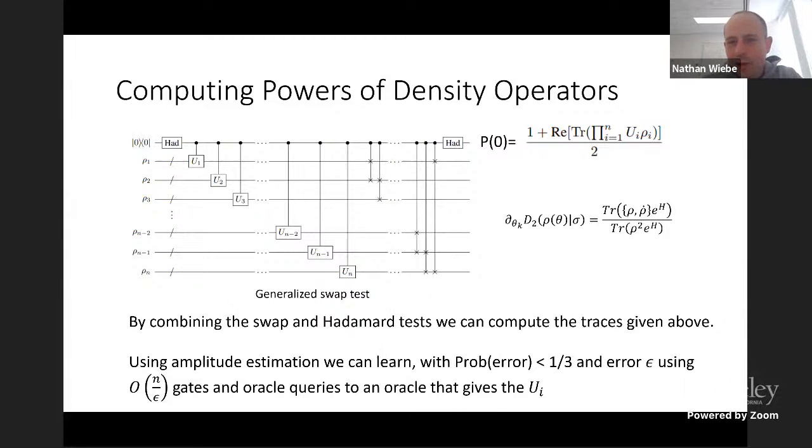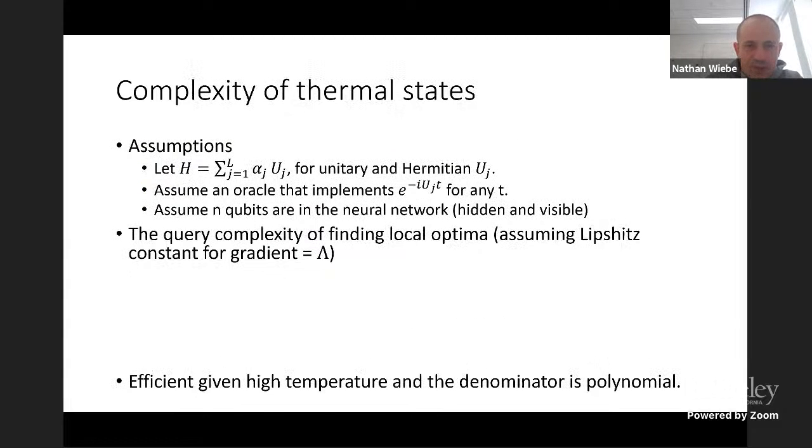It'll compute an arbitrary polynomial of expectation values and density operators that we feel like. And all of the terms that we ended up getting in a previous expression are exactly of that form. So we can just run this circuit to estimate each of the quantities at hand with an epsilon error. Of course, going back to Aram's question, the question is, how small does that epsilon really need to be to make sure that a small error in the numerator doesn't propagate into something giant when divided by a tiny denominator? And so that is